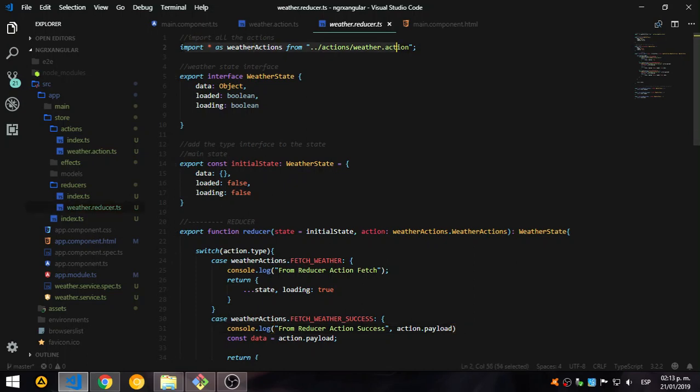We import the actions that we already have created inside this weather.action.ts file, and we create this state, okay, this interface that is going to be the weather state, that in this application is going to have a data that is going to be the object that contains all the,